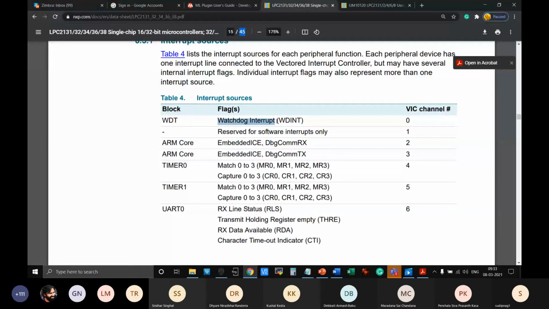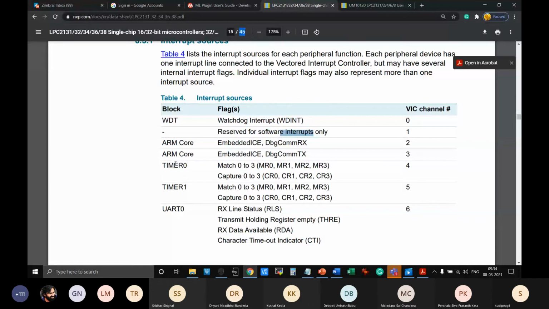So there is a fine point that you have to understand. By using software control, you can enable or disable the watchdog, but once the watchdog is enabled, the software interrupt comes as lower priority, just one step lower, because the particular code which might be generating an interrupt should not be delayed, and that's why it has one of the higher priorities within this list. Similarly, you can see other things like the timer coming next.